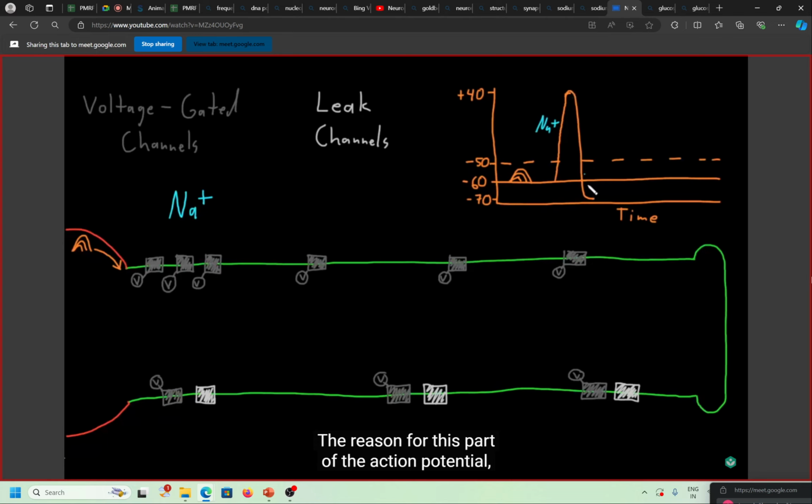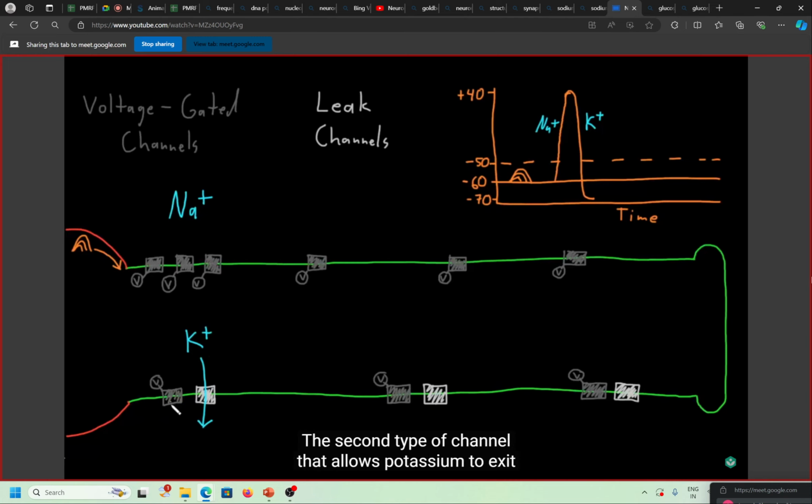The reason for this part of the action potential, which is called the falling phase, is because potassium starts to exit the neuron. And it does so through a couple of types of channels. The first are the leak channels that we talked about when we talked about the resting membrane potential. Now, a little potassium is exiting through the leak channels at the resting potential, but even more potassium than normal starts to exit, because during these parts of the action potential, the membrane potential is positive, so that both the diffusion force and the electrical force are strongly trying to drive potassium out of the neuron, so that more leaves through the leak channels than normally does during the resting potential.